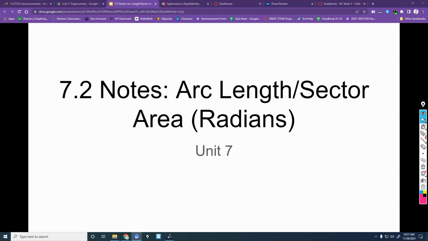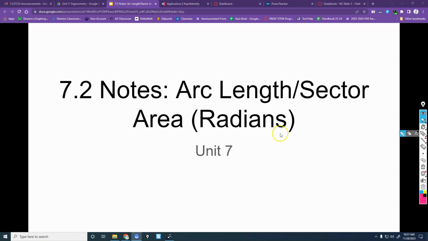Arc length and sector area. Okay, we already did this. The arc length is like the length of the crust of your pizza. The sector area is like the area of your slice of pizza, right? So we already did this before, but when we did it, we only did it with